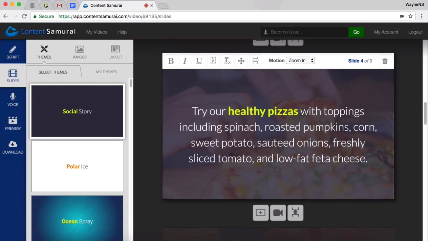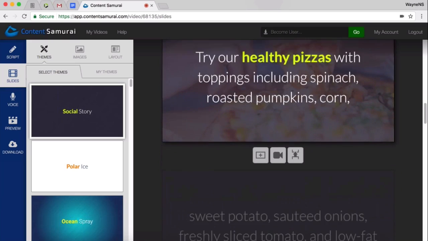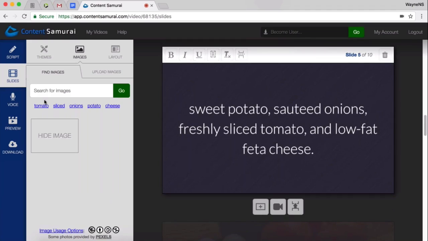Okay, so there's actually a little bit too much text on this slide for me. So even though it's done an amazing job of picking a great image, I personally want to just split that. So I'm placing my cursor after the word corn, and I'll click the insert slide break button. I need to slow down. I'm tripping over my own words. Okay, so I've split the slide here, and I'll go to images,